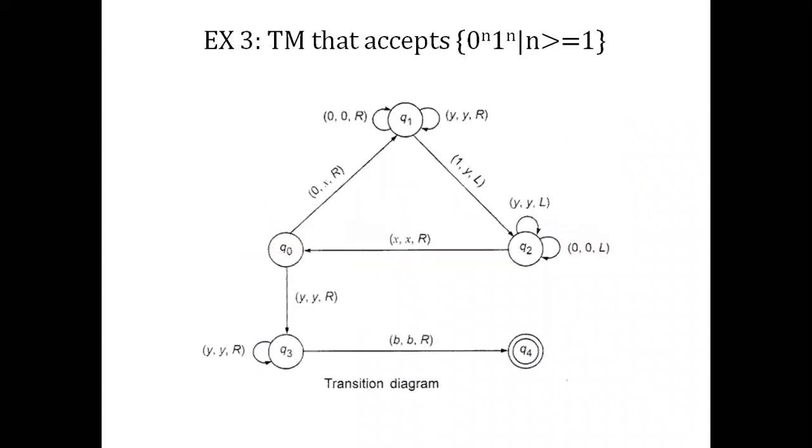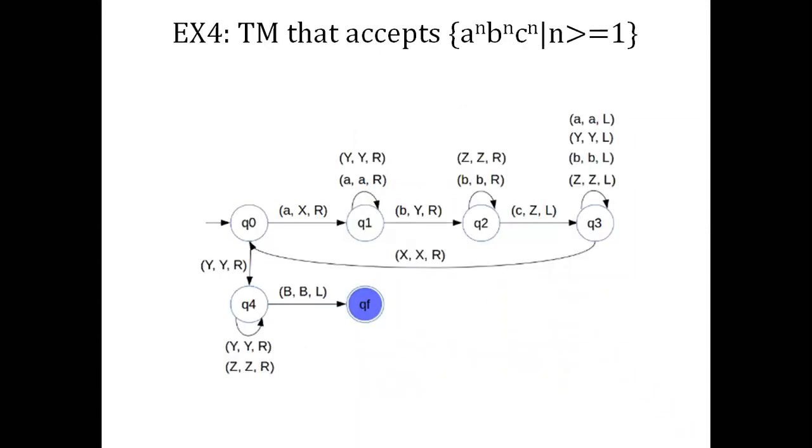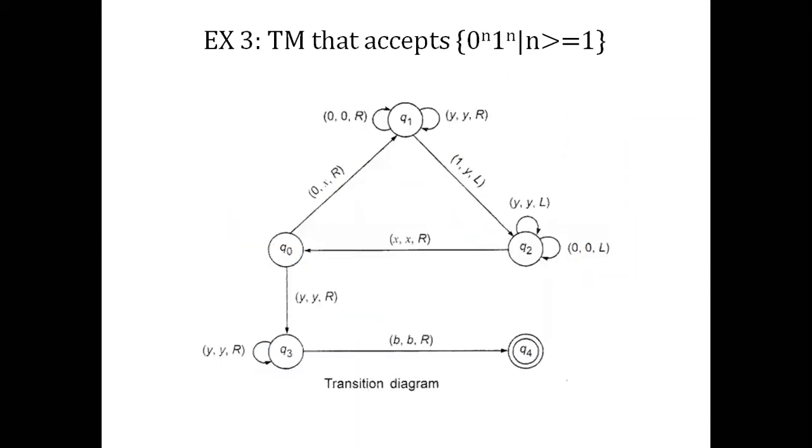We know that a raised to n can be modeled with the help of FA. a raised to n, b raised to n we won't be able to do with FA; we saw it with PDA. And a raised to n, b raised to n, c raised to n requires a Turing machine. Now we will see this example, 0 raised to n, 1 raised to n, and how it is solved with the help of Turing machines. You are given this task or some string, and again, like I always say, you are asked to solve it with the help of pen and paper.